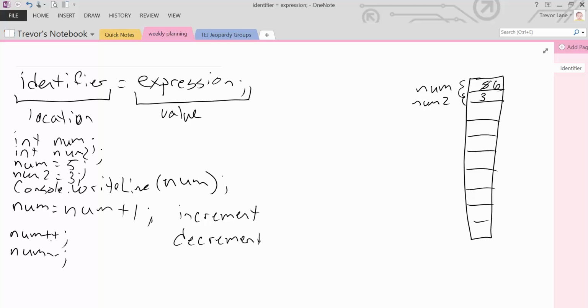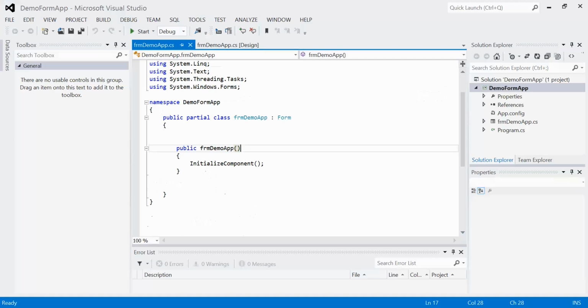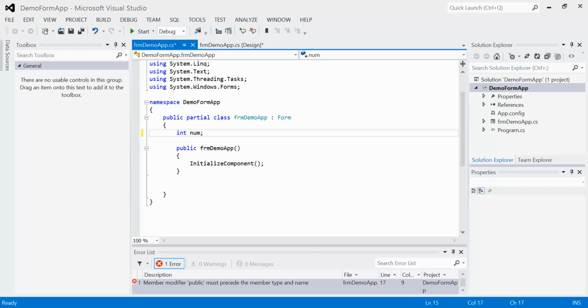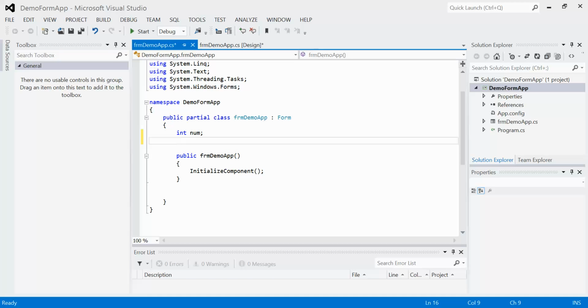So just quickly jumping over to C# itself, where do we actually define our variables? Well, I told you before that we'd always be working down here, but we'll also be working here. Right here, right below the class line, this is where we define our variables for now. Later on, we'll change that, but for now, all of your variables will be right here. So for example, I might say int num. And then I can't do any